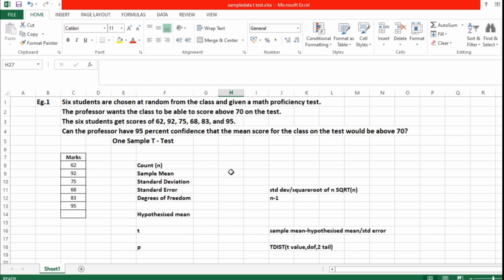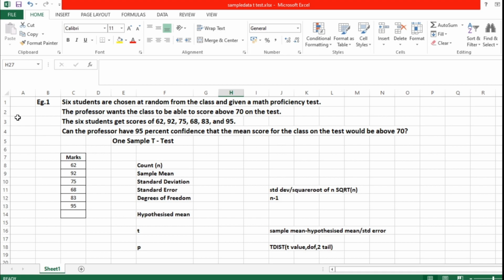In this lecture video, I am going to show you how to calculate one sample t-test with two methodologies. First one is we are going to calculate manually with a certain formula, and the second method, we are going to cheat Excel and use the data analysis tab to calculate the one sample t-test. So first we'll go with manual.